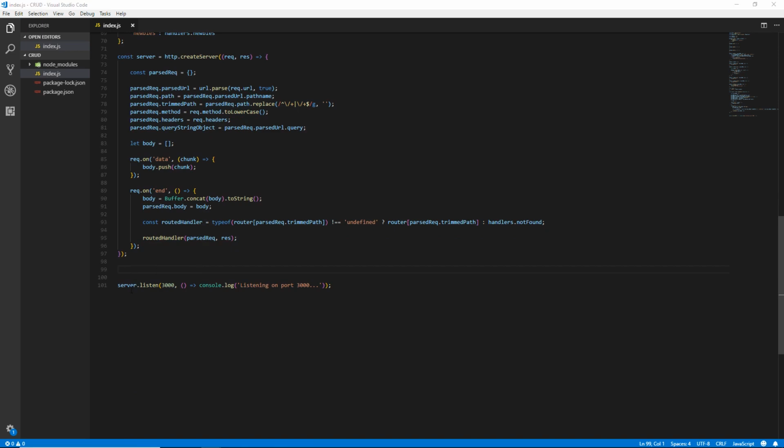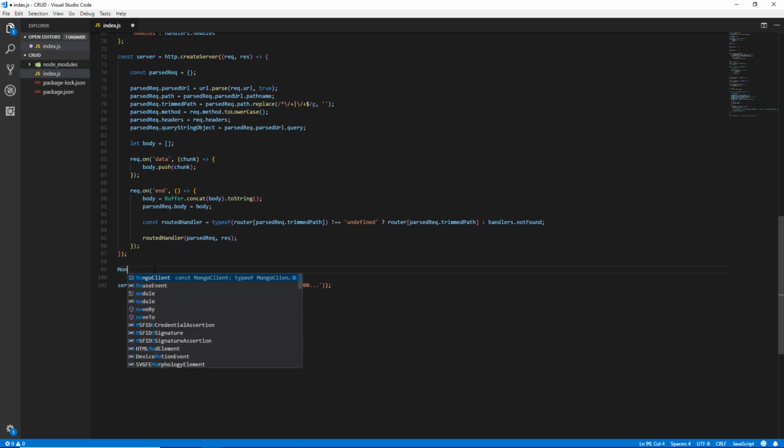So down here, just before we hit server.listen, we want to go ahead and make our MongoClient.connect call, which is going to attempt to make a connection to the database. And if that's successful, it's going to console log that it was successful, and we'll know that we can now interact with our database. If not, it's going to return an error saying that we could not connect. We're going to do that with MongoClient.connect,